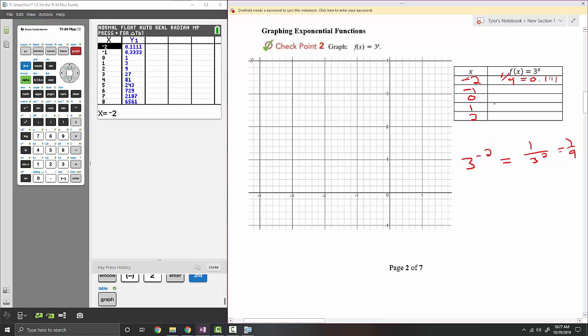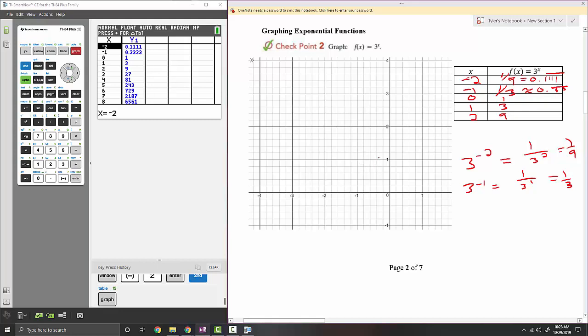If you plug in -1 into the function, you get 1 over 3 to the first, right? Which is 1/3. So this is 1/3, which is approximately 0.33 repeating. Right? And of course, if you plug 0 in, we get 1. If you plug 1 in, we get 3. And you plug 2 in, we get 9. Right? And you can plug those into the function or just look at the table in your graphing calculator. Right? So if we plot these values,